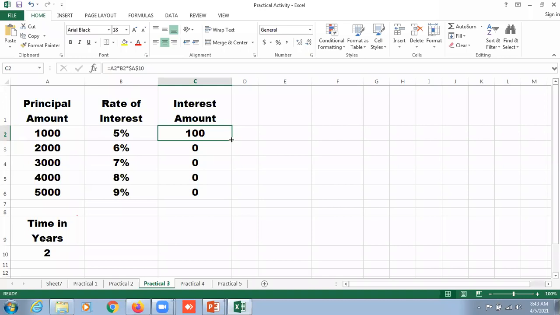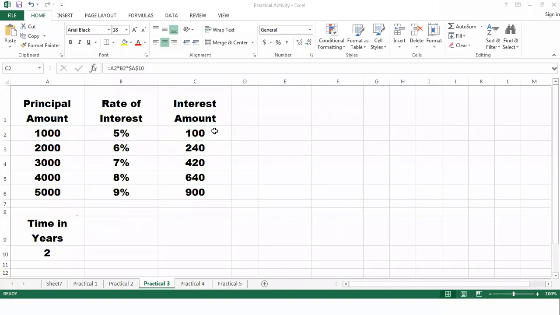Now we are supposed to drag this toward the downward side, and now it displays the value, because this time A11 is not appearing in this cell, A12 is not appearing, A13 is not appearing, and A14 is not appearing. Why so? Because we made this a constant where the address of the cell is not going to be changed. My dear children, did you understand my point? Kindly tell me.